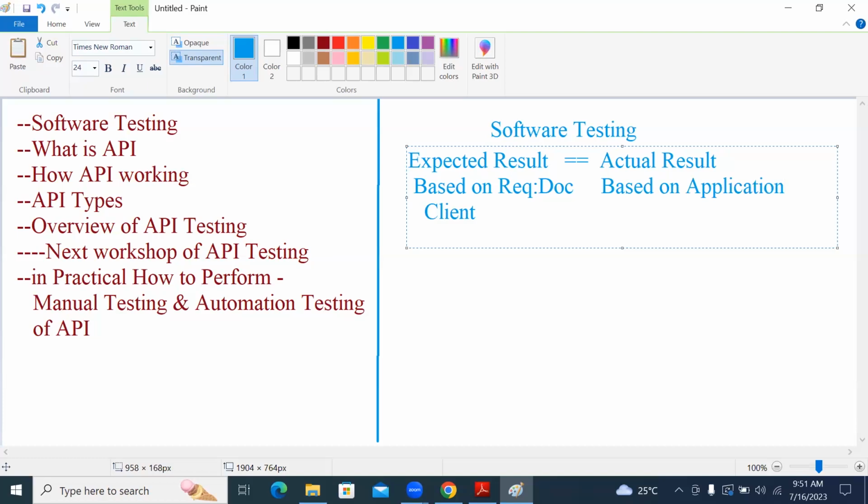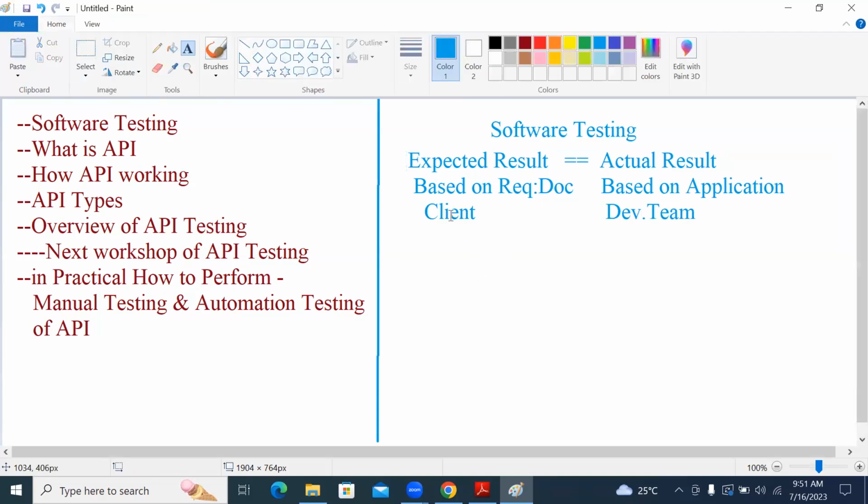So from where will we get this application? From the development team. Right? Now, the client has provided the requirement document.